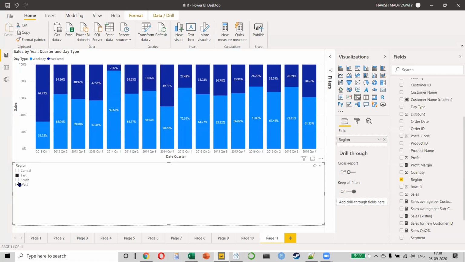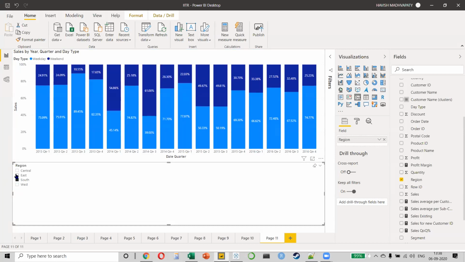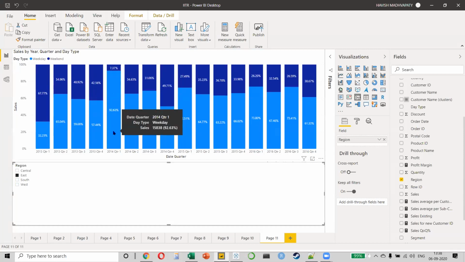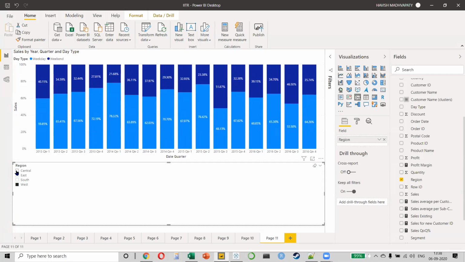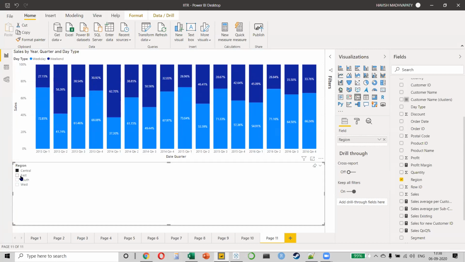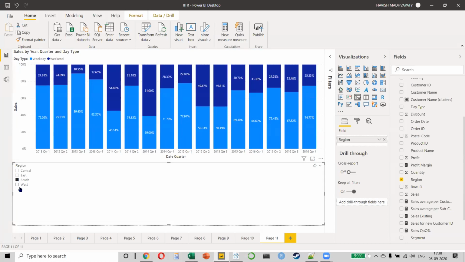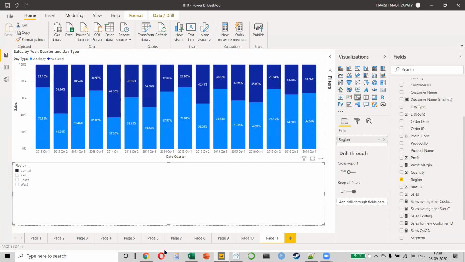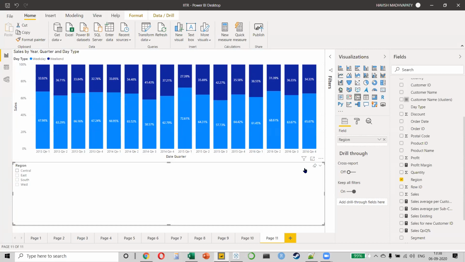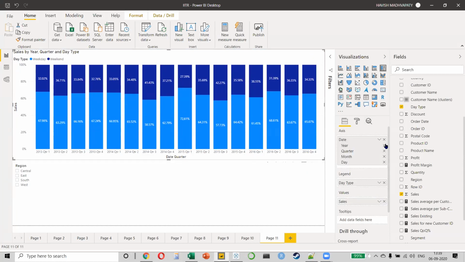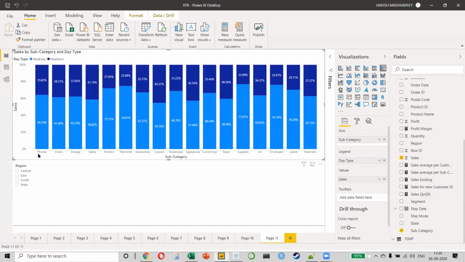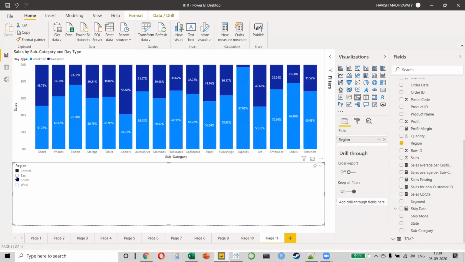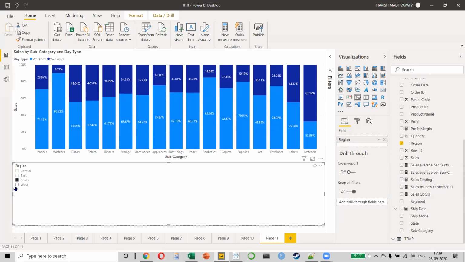But if you look at South, it's so different. Just look at this. In East, it is 92% weekday. In South, it is 45%, right? And this is how you can do what we call drill down analysis, where you're comparing different regions with each other. And if I remove the date from here, I can also keep my subcategory because this is also very important. It will help me understand, for every region, which subcategories, which product categories, are sold more on weekends and which are sold less on weekends.